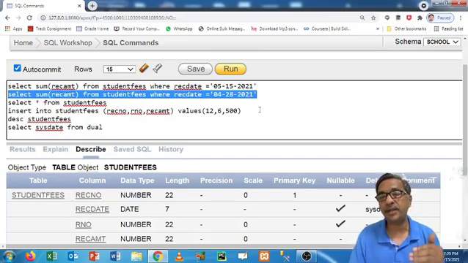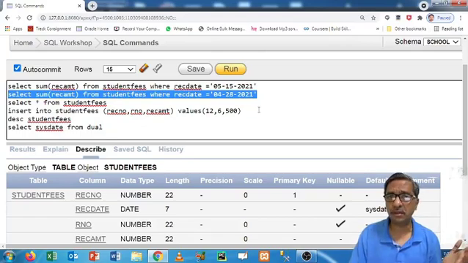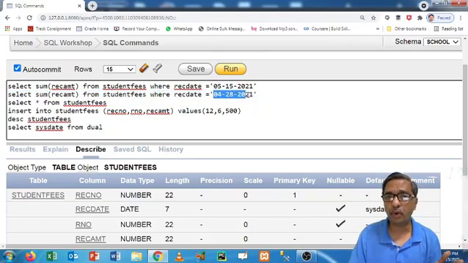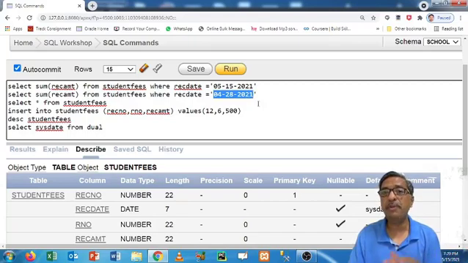So by default it considers time as 00000, which is the same as how we inserted. While inserting, we gave only the date, so it considered time as 0. Now also we mention only the date, so it considers 0. So both match with each other and it works.